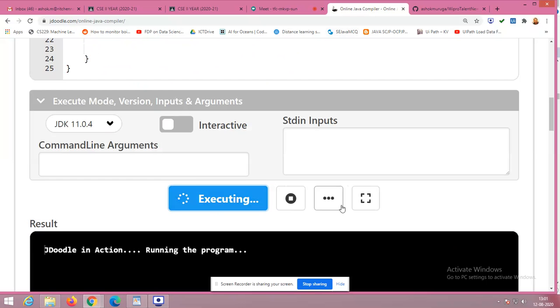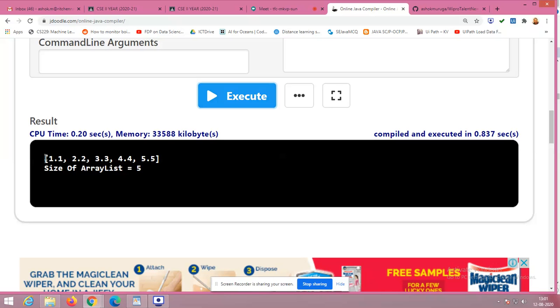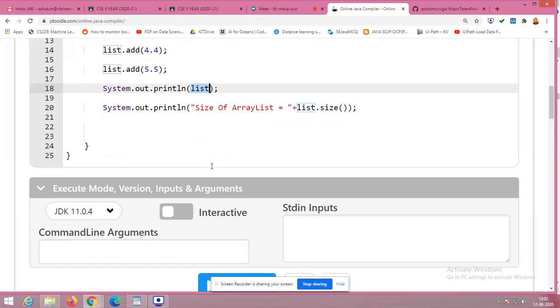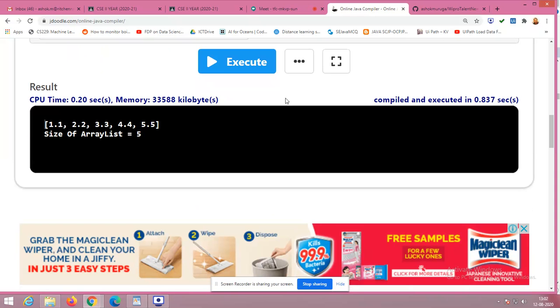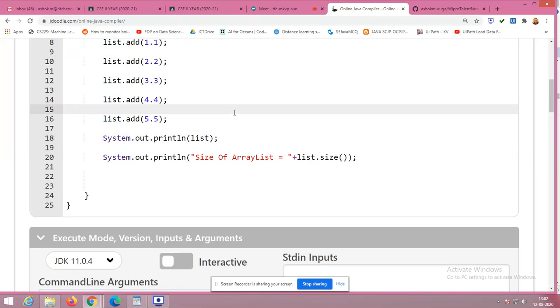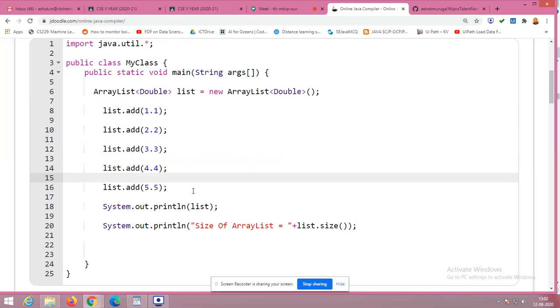Right now, what would be the output? If you execute, I will get all the elements in the list, right? If I print the list object, automatically it will print all the elements. Do you understand this? I have not used a for loop. Have you seen that? Because we have 5 elements. Until now, for printing only one element we learnt a normal variable.